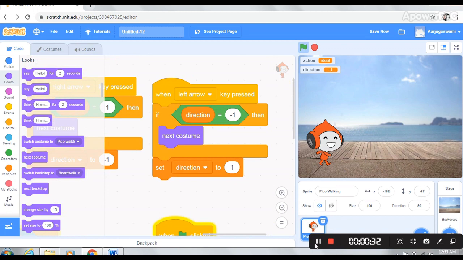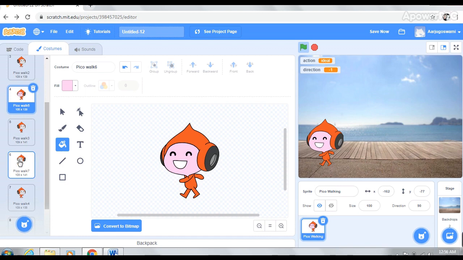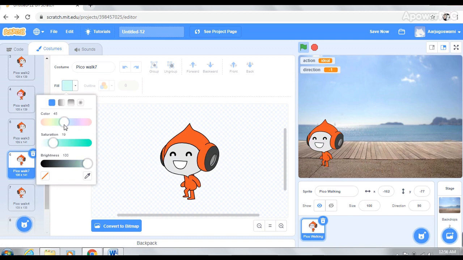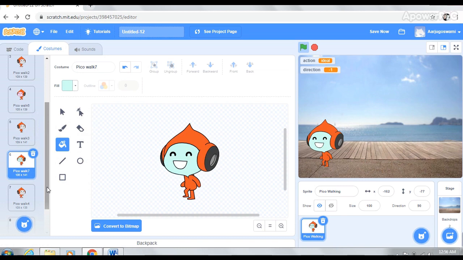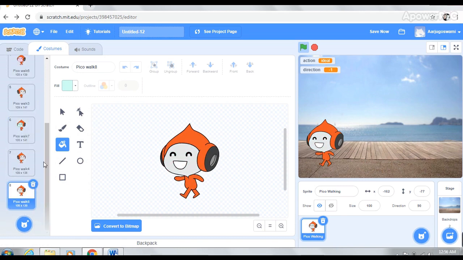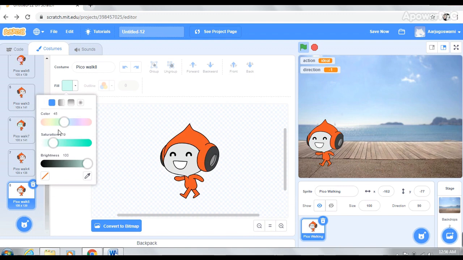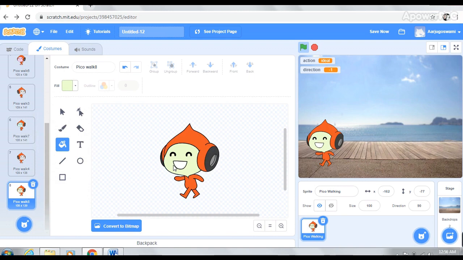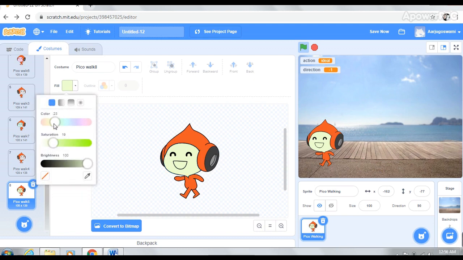Now I want to change the face color of Piku so that it looks like a glowing LED, or it makes Piku so happy, because Piku is very happy in his imagination, going out after lockdown, and how he feels. So you can change the colors. Now after changing the colors, I'm going to click the green flag. So it's just the last one.